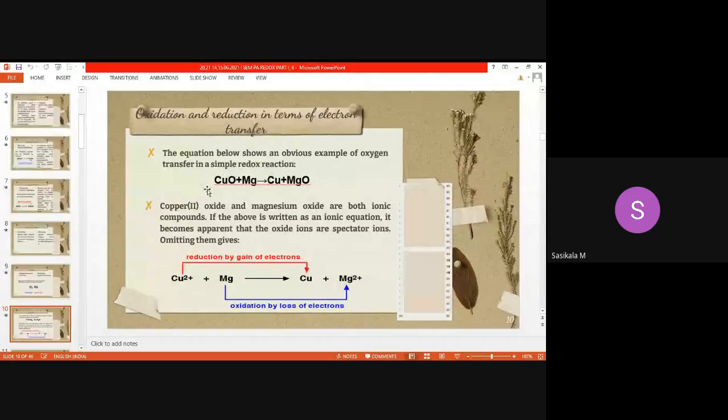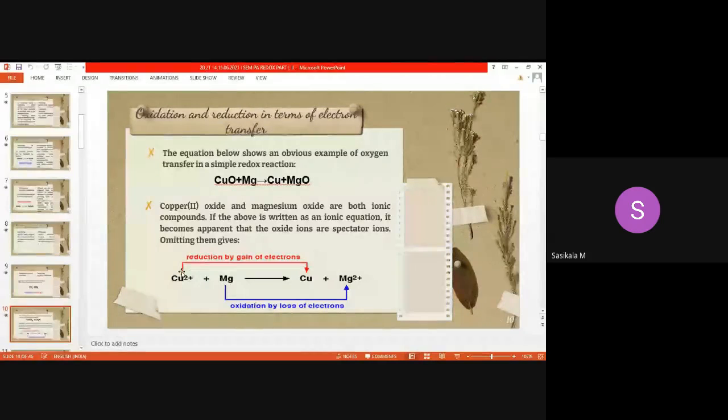Cupric oxide is converted to cupric ion, where magnesium is converted to magnesium oxide. So it represents an ionic equation. Let's consider oxidation and reduction based on electron transfer in this chemical reaction. Now here you can see it is cupric. Actually here we need to put Cu 2 plus, cupric, but on the equation I found it with 2 plus only. But copper in oxidized state, that is in cupric oxide form,